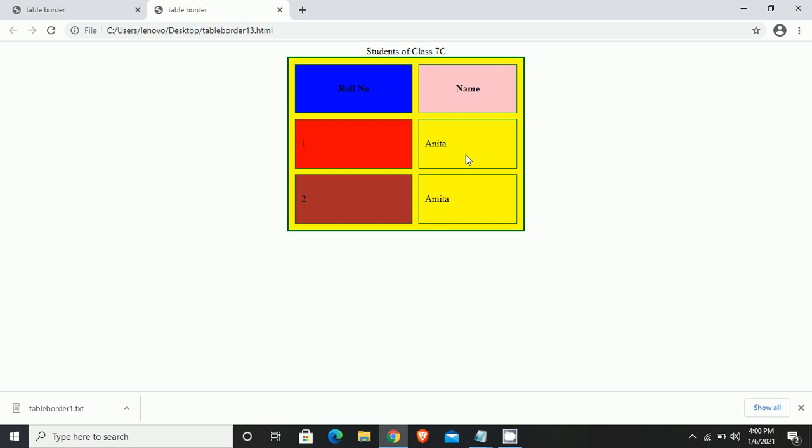And you can see here the cellspacing and cellpadding attributes at work. With cellpadding, the distance between the data and the boundary of the cell has been increased. Then the distance between two cells has also increased, with the help of the cellspacing attribute. And then height and width has increased the height and width of the table.